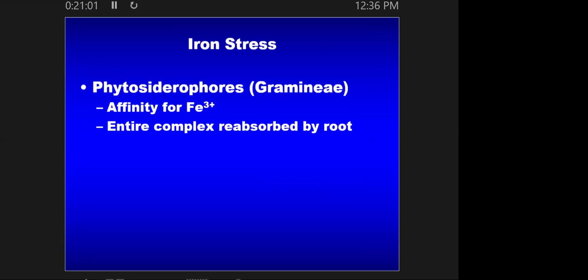Siderophores, if you just drop off the phyto, you just say siderophores, that's also a thing. And so bacteria make siderophores. We know that they make siderophores, and again, to latch onto iron. So what I learned not that long ago, from one of our physiology faculty, is that if you are sick